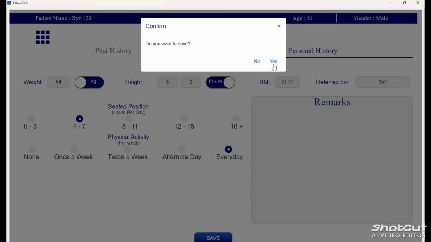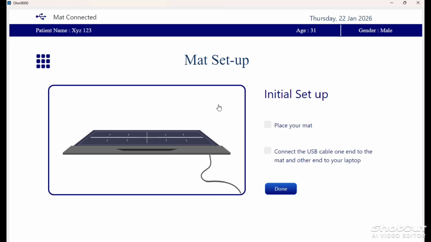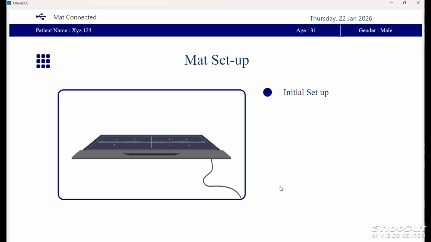Confirm yes, and next we go to the mat setup. Before clicking on mat setup we need to insert the USB port of the mat into the desktop PC, select both checkboxes and click on done.